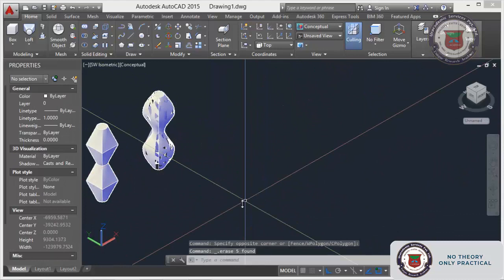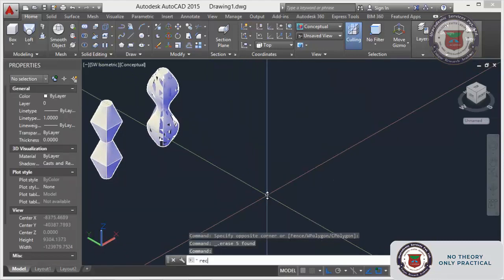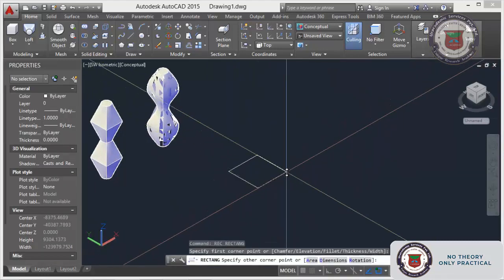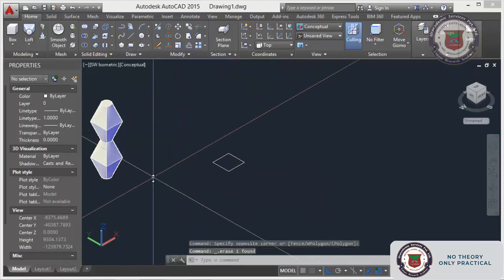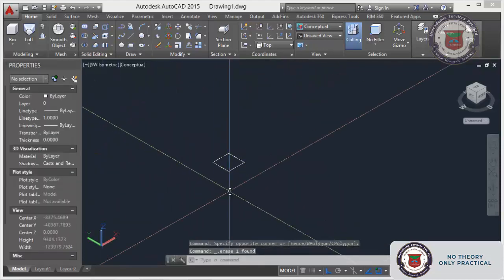For that one I will make a rectangle, shift at 1000, 1000. I will delete this and this so that you can concentrate and get more space.